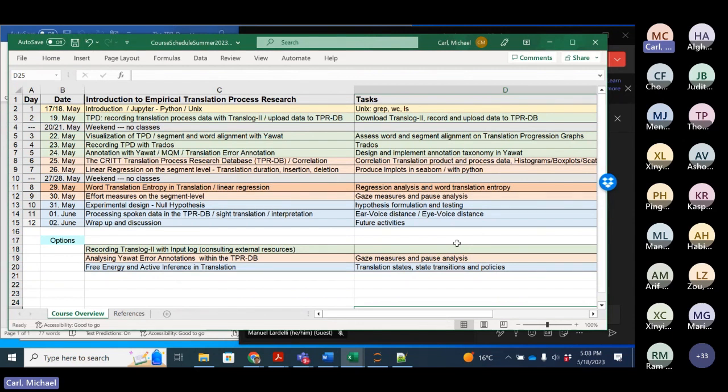An interpreter hears a source text, listens to it, and speaks out the translation in real time, a couple of seconds later. So the ear voice span is the time lag between hearing a source text word and speaking out its translation, and how many seconds are between these two events.